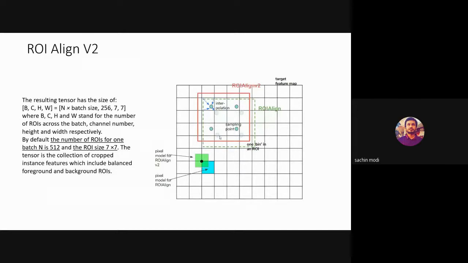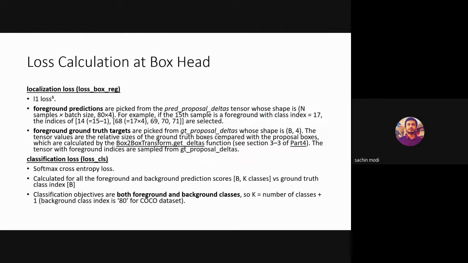Now there are two losses that are calculated at the box head. One is the classification loss, which is a softmax cross entropy loss. This is calculated in the COCO data set. There are 80 classes, and even background is added as a class.